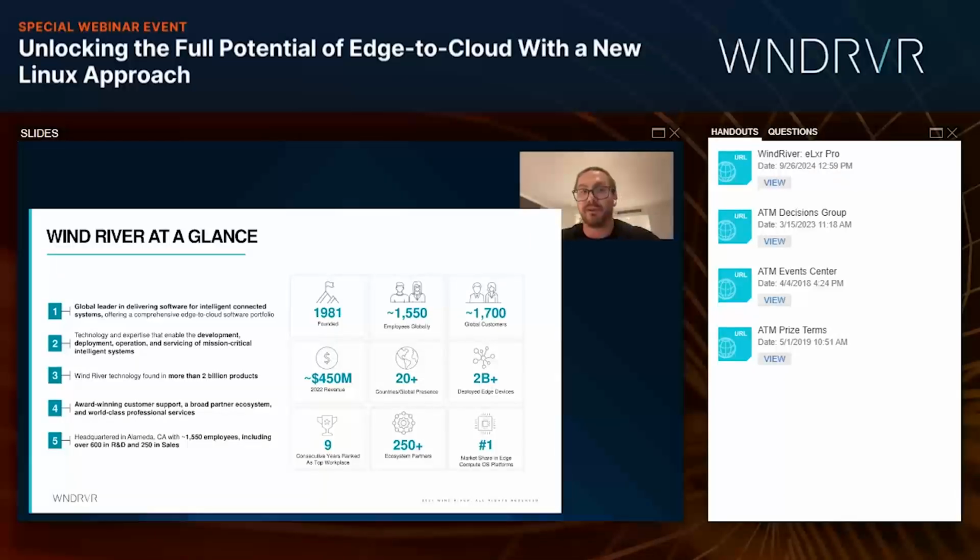So whether that be resource-constrained environments, places where performance is critical, it could be harsh environments where devices are ultimately unmonitored, and it may be very expensive to roll the truck. Or there may be other system constraints. And overall, Wind River's got about 1,700 customers across a variety of industries, from aerospace and defense to industrial, to automotive, to healthcare. And we've got an expansive presence across the globe where we offer 24/7 support to our customers. And that's a little bit about Wind River and who we are and what our DNA is.